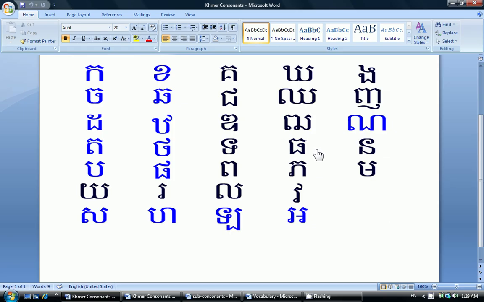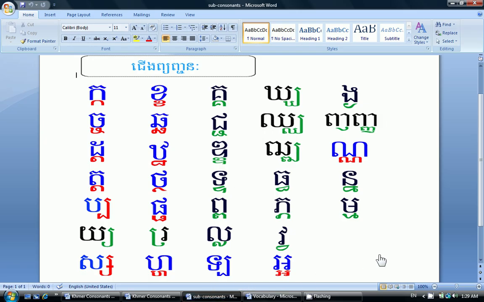In the Khmer language, when 2 consonants are pronounced consecutively within a word, the second consonant is written in a subconsonant form and is located below the first consonant. Let's take a look at that. These are the consonants that we just looked at earlier, except that it includes the subconsonants, which are the green and the red colored